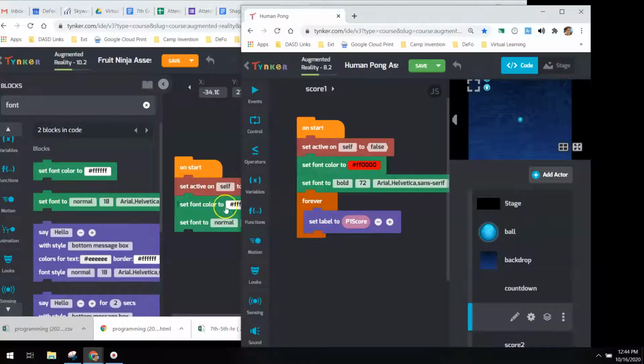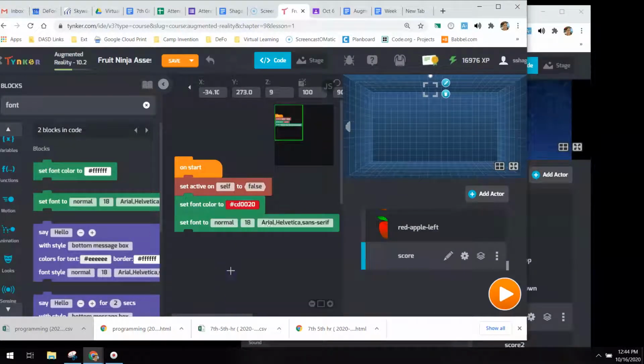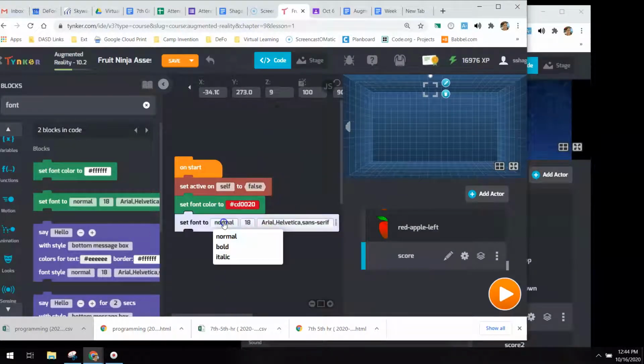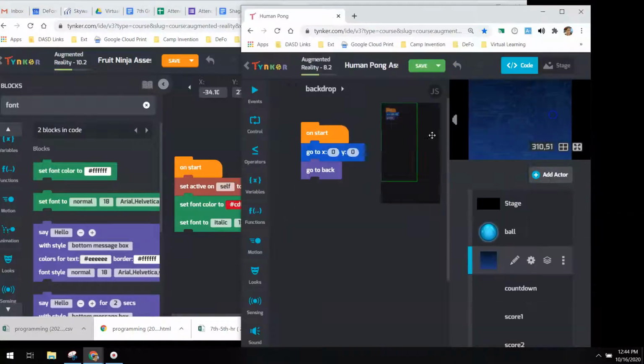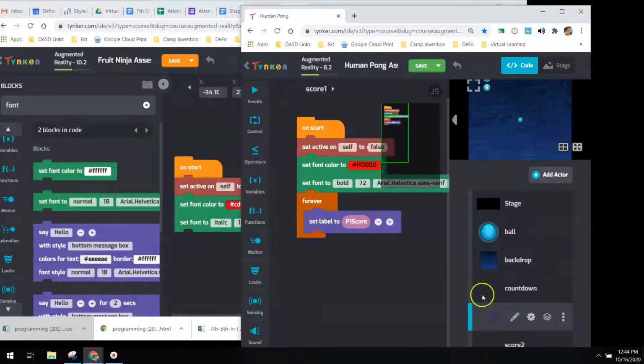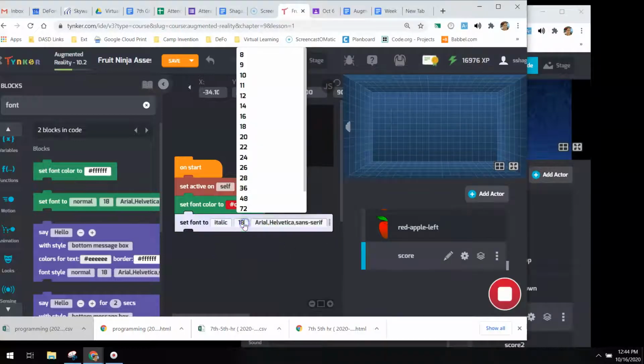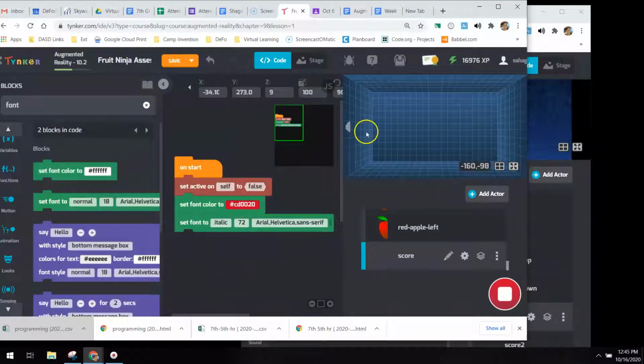So we're going to do that red font. You can pick any color you want. I don't care. I'm going to make it bold. And you can set any size you want. This one had it at 72, which is nice and big on the screen, and